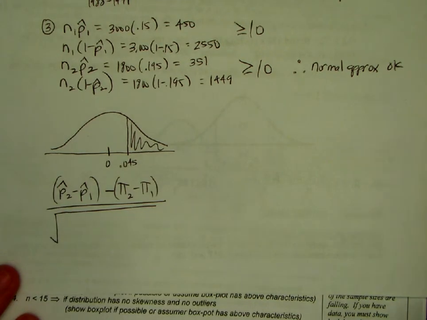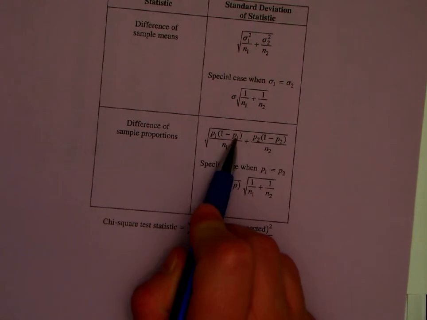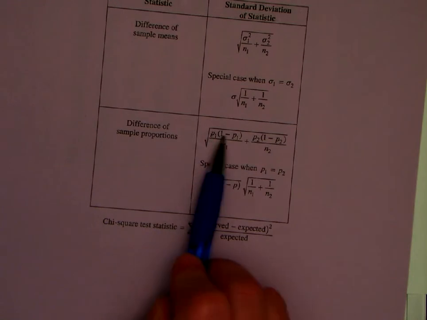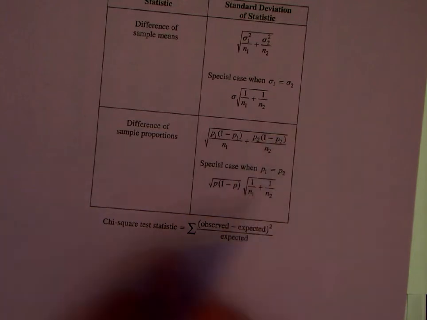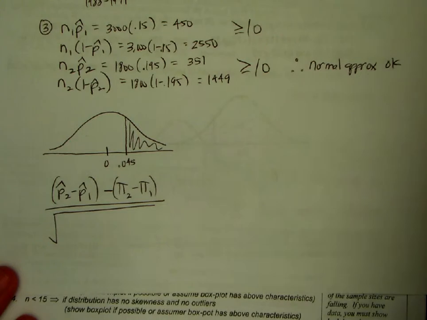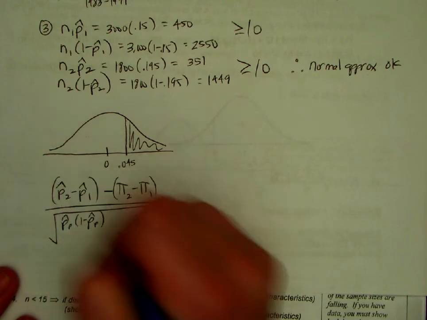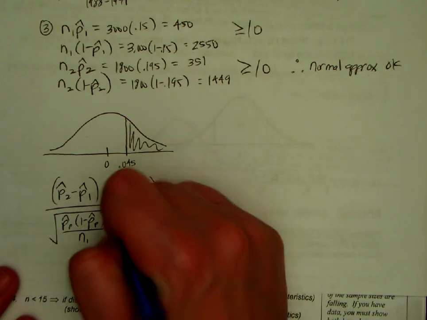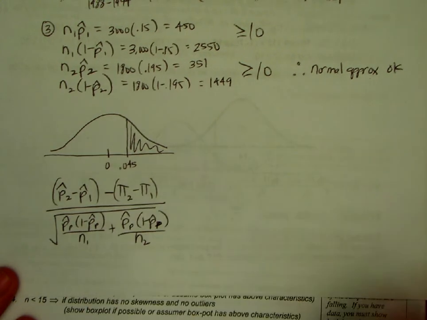This is coming from my live sheet. It's an ugly looking formula. But instead of doing p hat 1 times 1 minus p hat 1 and p hat 2 times 1 minus p hat 2, you're going to actually do p hat pooled times 1 minus p hat pooled over n1 plus p hat pooled times 1 minus p hat pooled over n2. You only do this on a significance test for proportions. So p hat pooled 1 minus p hat pooled over n1 plus p hat pooled 1 minus p hat pooled over n2. Formula,